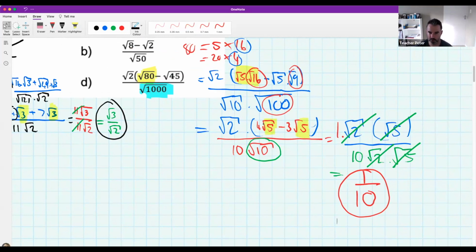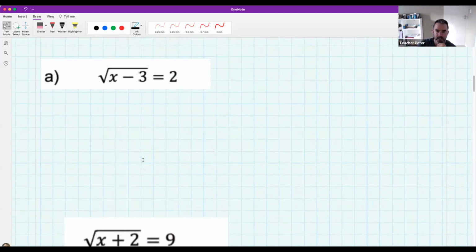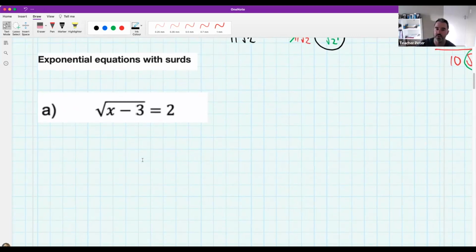And I'm going to move on to what's called surd equations. It's the last thing for this unit that we're going to do. Okay, take a screenshot if you need to. Let's go on to surd equations. So I'm going to do an example with the surd equation, and then you're going to do one for me